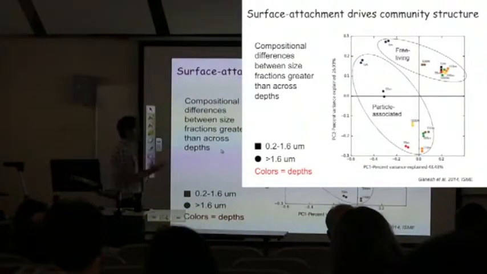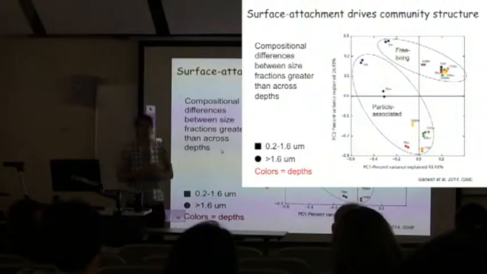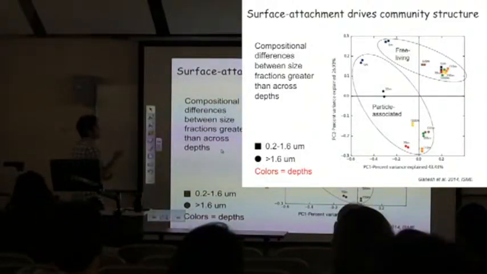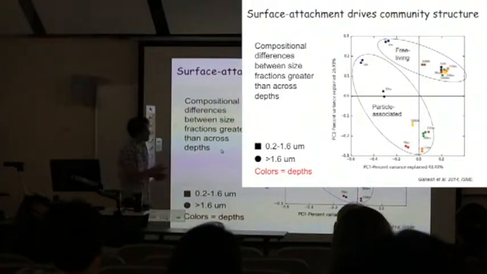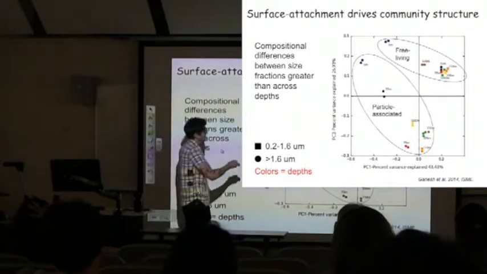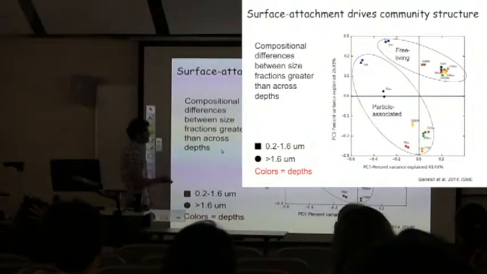What I think is even more interesting is just how important that separation is, particle associated versus non-particle associated, especially compared to the steep vertical gradients that we see in OMZ water columns. And this is some of the data to highlight this. This is just a PCA plot that's relating different samples based on the community taxonomic profile. Circled are the samples reflecting the particle-associated fraction, and those reflecting the free living fraction in different colors